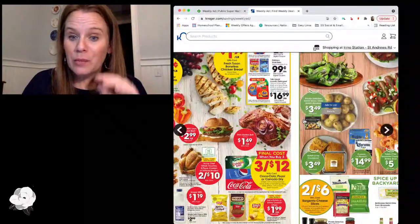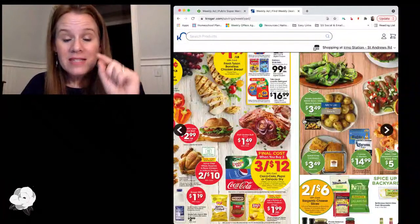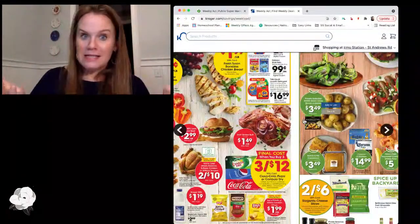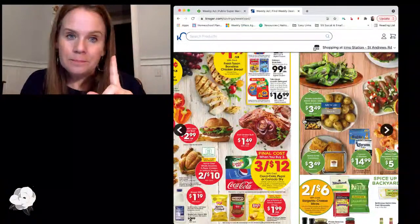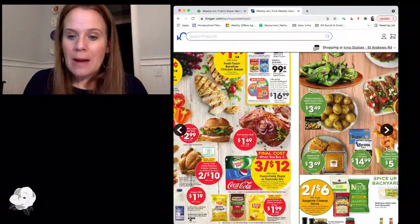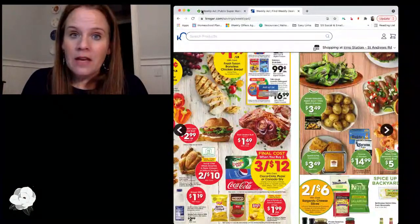That's why I'm telling you, we need to look at the math. We need to see how much we're saving. Because they know that there's a good chunk of America that does get this ad out and follow it through the store. But just because it's in the ad does not mean that this is the week that you want to grab it. So if you're in this boat, some of the things that you can typically avoid, I'm actually